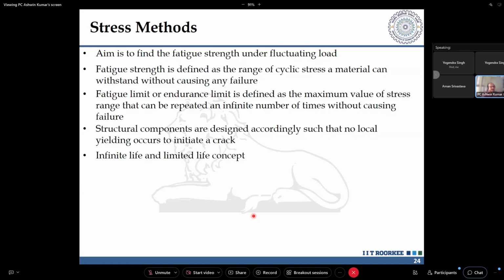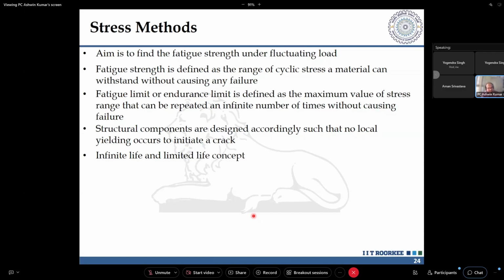And there is an infinite life and a limited life concept. Infinite life means if I keep my stress range below that fatigue limit, yes, it will have an infinite life. But there is another way of designing, where I'm not looking at too much safety in my member. If I know how many cycles are being applied to the member,